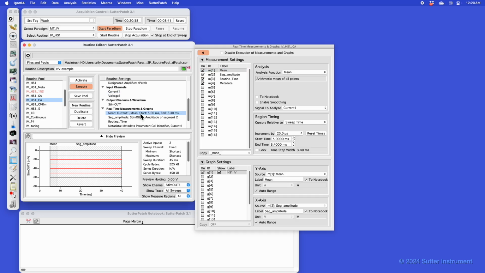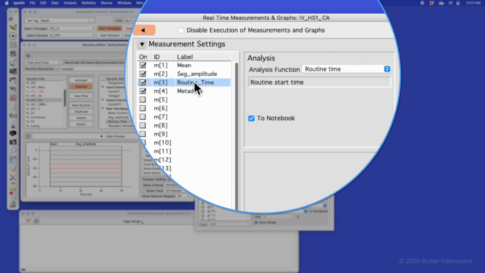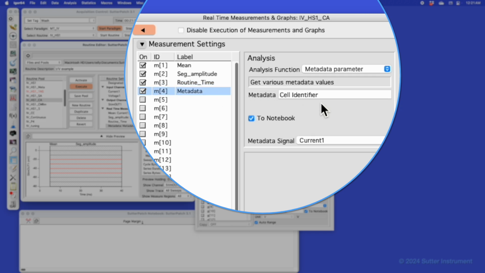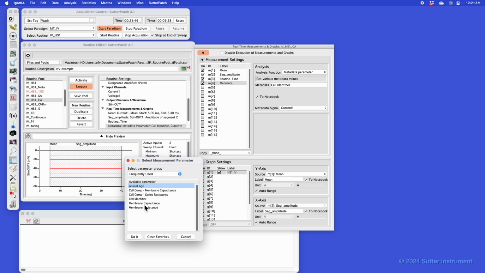Other significant changes have been in the measurements. We added a number of new measurement types, some of the more important ones I'll go over. You now can use any one of the metadata parameters that are available as a measurement. Initially, that started as a way to bring in the timer information, to be able to get sweep timer and routine timer information. So we actually added those as individual analysis types, but then we also added a metadata type which allows you to actually go and select any one of the metadata parameters that are available. If it's being used, you could select it and plot it as part of real-time analysis.